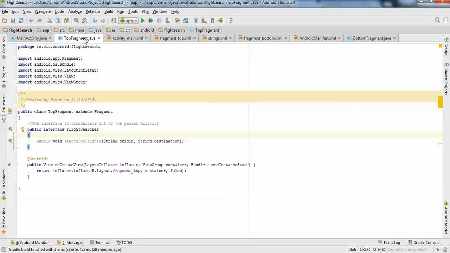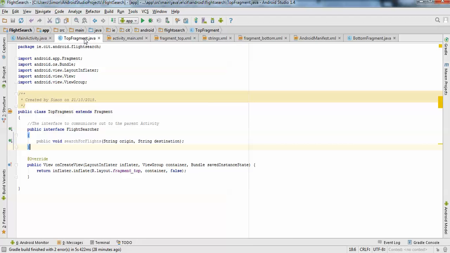So when we click the button in this top fragment to find flights, we will want to send the selected destinations out of this fragment through that interface. So this fragment will need to know about the activity which